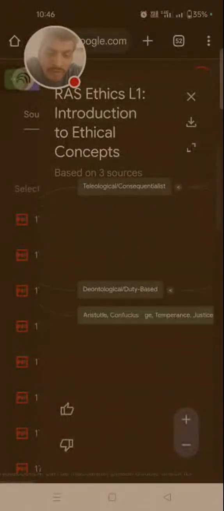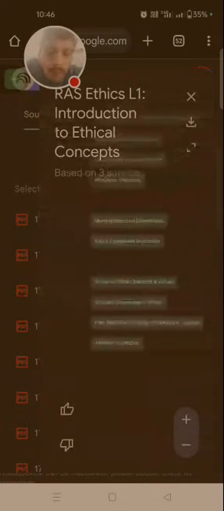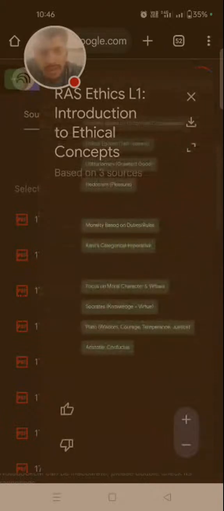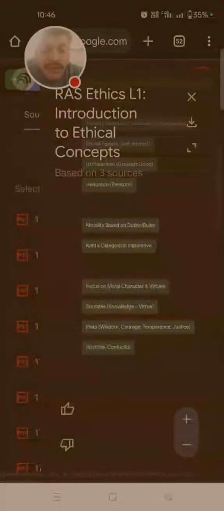So what is virtue ethics? It focuses on character and virtue. If you have certain knowledge and character, and you have the habit and practice of certain virtues, then you are virtuous, and your acts are also ethical. So the focus is on moral character and virtue. Socrates gave knowledge as virtue. Plato gave four virtues: wisdom, courage, temperance and justice. And Aristotle gave the